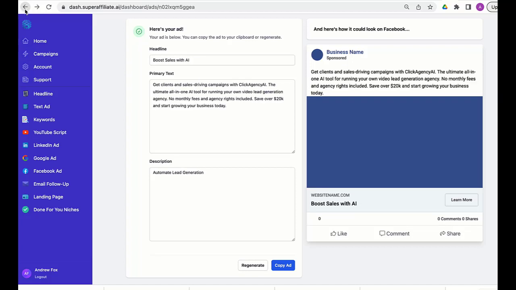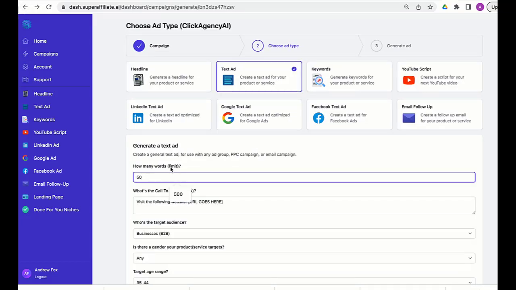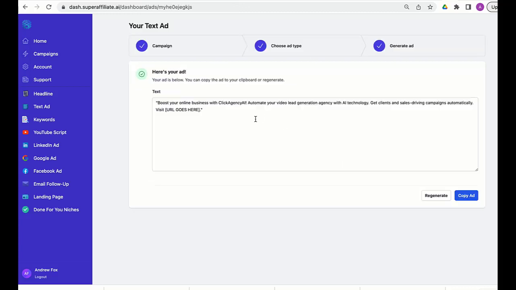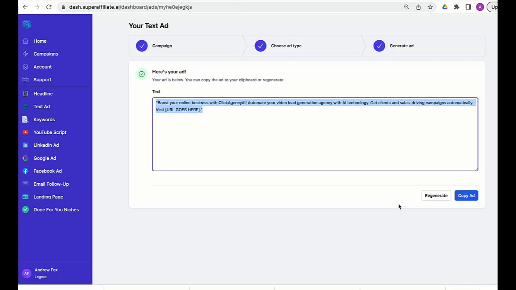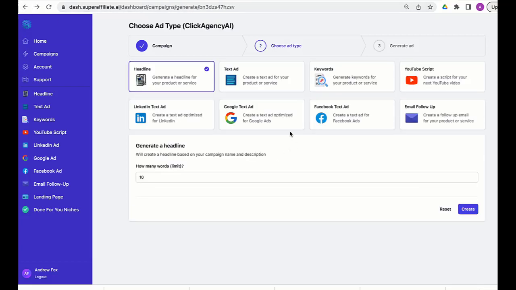So again, we're going back to our text ad. We'll put in, say, a 30-word limit, a text ad. Again, all our different targeting. And that will now create a text ad. So there we go. Again, regenerate. This is the power of combining Super Affiliate AI, and why ChatGPT, as good as it is, is not anywhere near